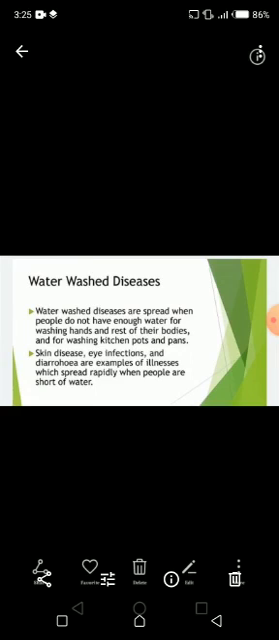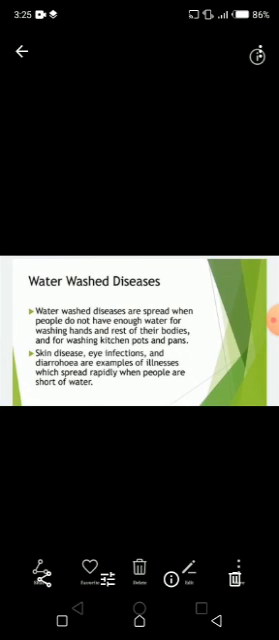Now the other diseases are water wash diseases. Water wash diseases are diseases that are spread when people do not have enough water for washing their hands, for washing the rest of their bodies, and for washing kitchen pots and pans. These diseases are caused by different viruses and bacteria, and they cause many diseases in humans. These diseases include skin diseases, eye infections, and diarrhea. These are examples of illness caused by bacteria and viruses which spread rapidly when people are short of water. One common water wash disease is trachoma,